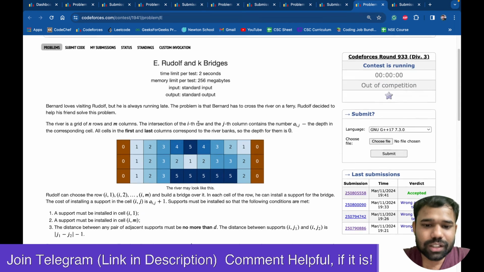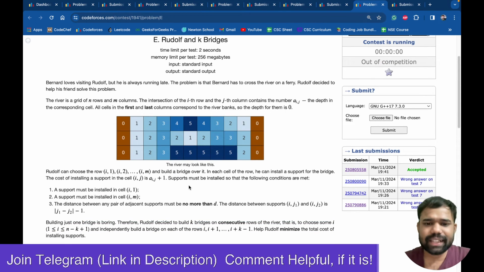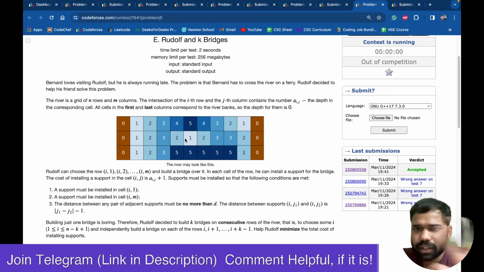Okay, cool. So this problem is basically that there is a river, where there's a bank on its first column and the last column, and the bank has a depth of 0, obviously, right? And this is the middle of the river, and each cell has some depth associated with it. Now what you have to do is build some bridges from one end to another end, and